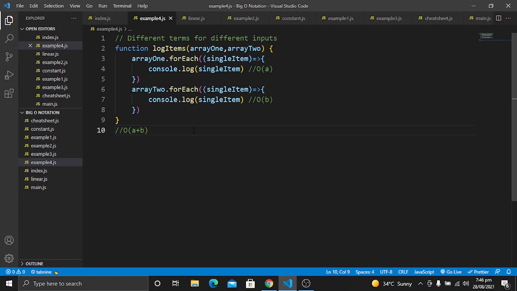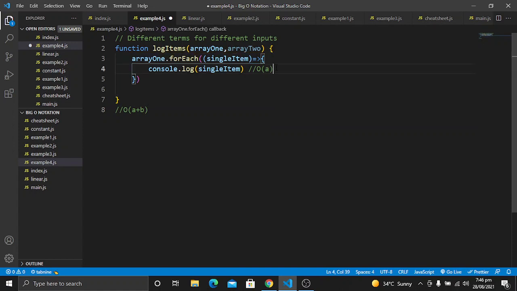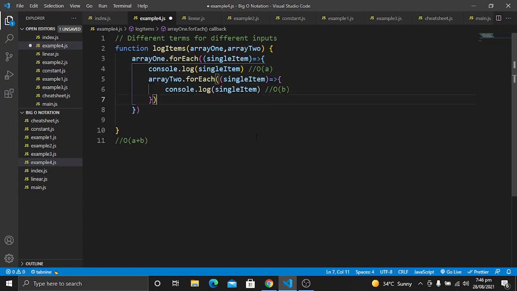For example, we have a for loop with one item here, and then we run another for loop inside it. In this scenario, our A plus B will be converted into A multiplied by B. So you have to understand that if we have nested loops using different inputs, then we multiply these two terms. Otherwise, we add these two terms.